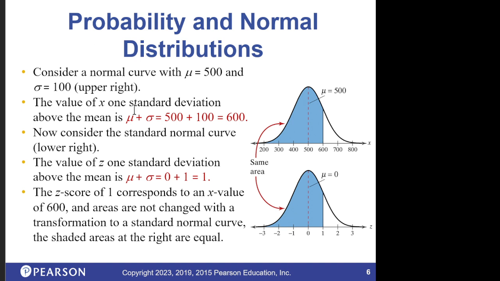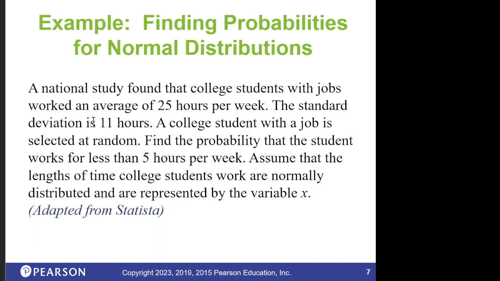So what we can do is talk about what one standard deviation is, which is 100. And we can talk about the z-score being 1. And we can talk about the probability up to a z-score. So let's look at this example here, and we're going to then put this into Excel